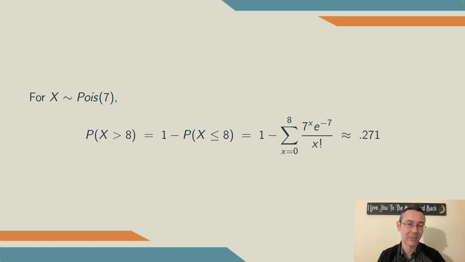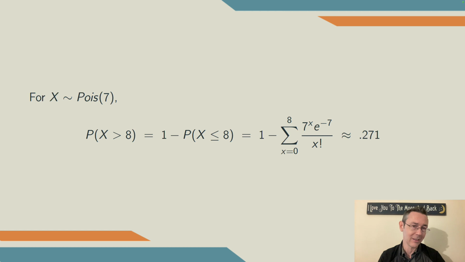On average, 7 sales in a day. We need to know the probability that x is greater than 8. And we'll do that using the rule of complements, 1 minus the probability that x is less than or equal to 8. We then compute the probability that x is equal to 0, 1, 2, 3, 4, 5, 6, 7, and 8. Add all those up and subtract from 1. We get about 27.1%. So from the perspective of the store, they're not meeting demand on 27-ish% of days,